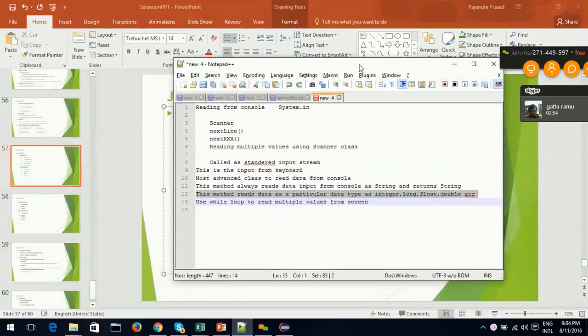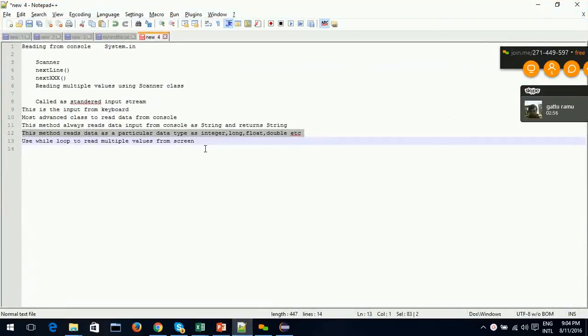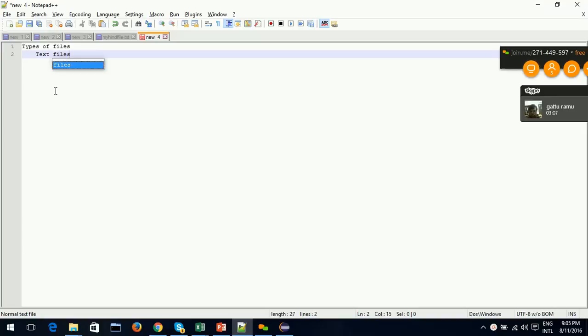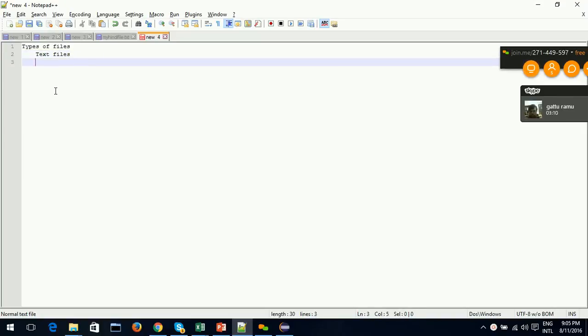So from our yesterday's discussion, what we learned: types of files. One is text files. The second type is binary files. Okay,